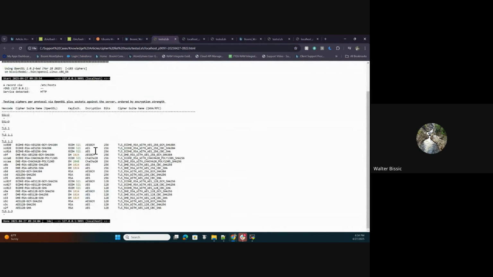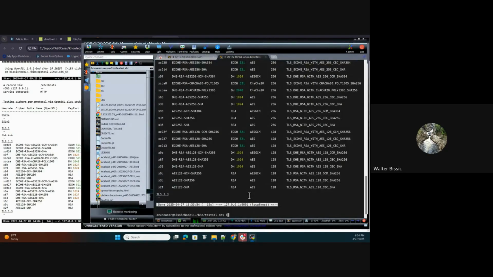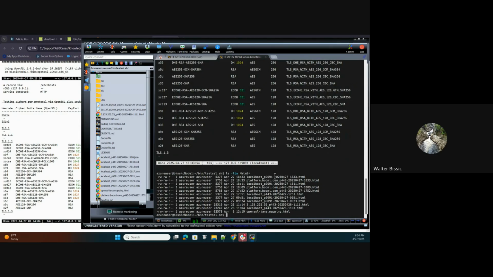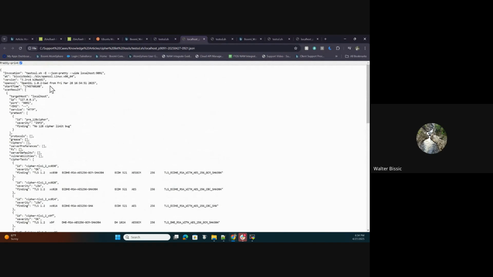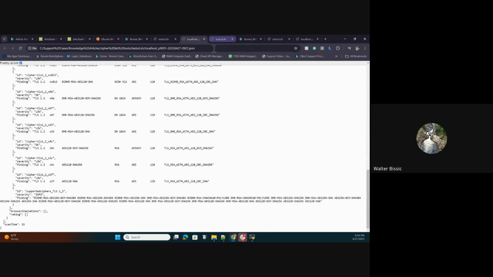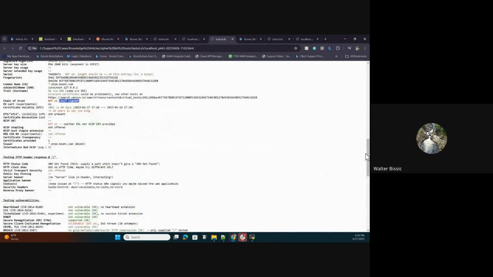So this same output is actually from the file that was created in the run, which I just opened up. If we look at it here, we will see that this file can be copied over and opened in our browser, and the results would be this. There's also a JSON output you can use with --jsonpretty, and that will list only the ciphers in this format. And then if you wanted a more elaborate and complete use of the test, and again, all of these are at your own discretion,